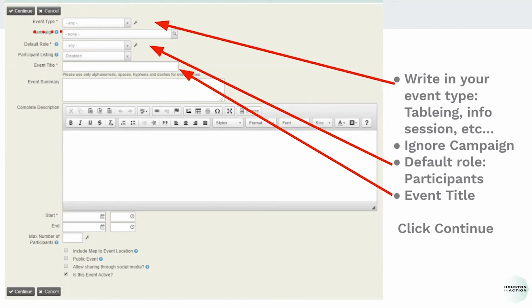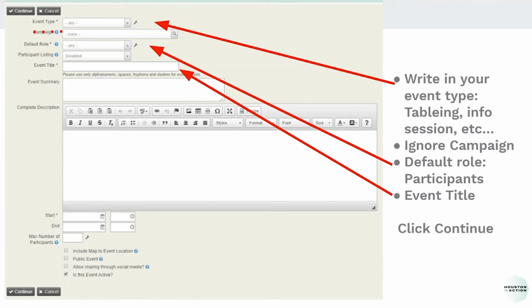But if you have a leader or a volunteer or someone who's presenting, through the other registration, we'll talk about how you can make sure to track that. Now, underneath that is participation listing, which again we can skip, but we want to look at event title. You input the event title, so this way you know the type of event and what the event title is.